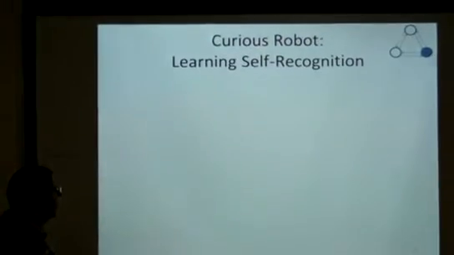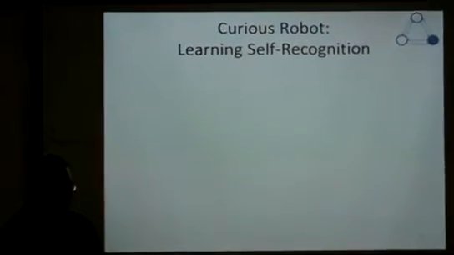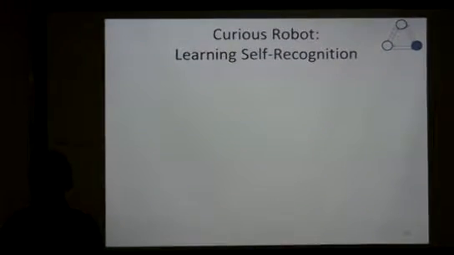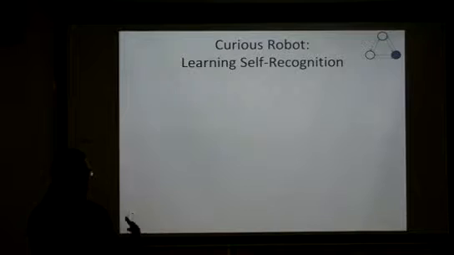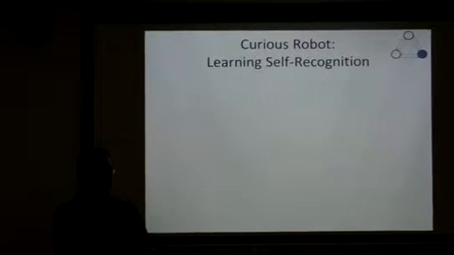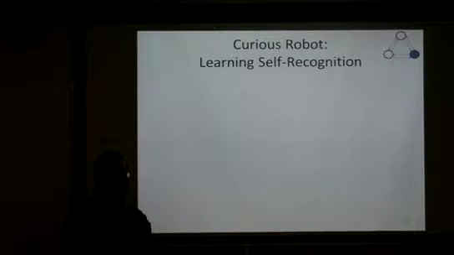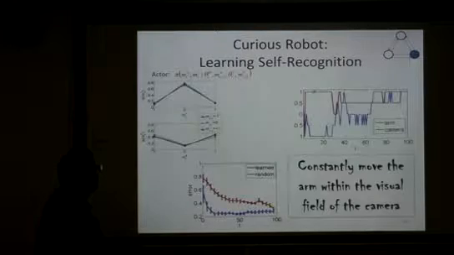Okay. So now I'll ask another question, and here you can move your arm and the camera. How should you learn the self-recognition? So again, I'll tell you, if I move and something moved in a visual field, then that something is me. So what should you do and what should you not do? Someone? No. Okay, I'll answer that.